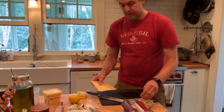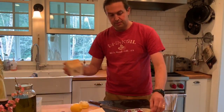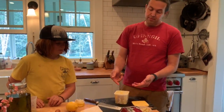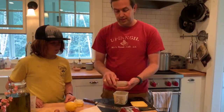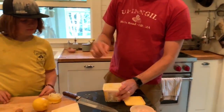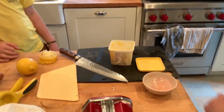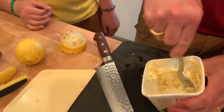And now we want to combine that garlic with butter. Do you want to use this blue? Sure. All right, so most of the time I would probably put this in a bowl to mix it up. We're basically making a compound butter right now. But in this case, we're going to use all the rest of this, so I'm just going to use that instead of dirtying a bowl. But otherwise you can mix it up in a bowl. And what I'm doing is just,